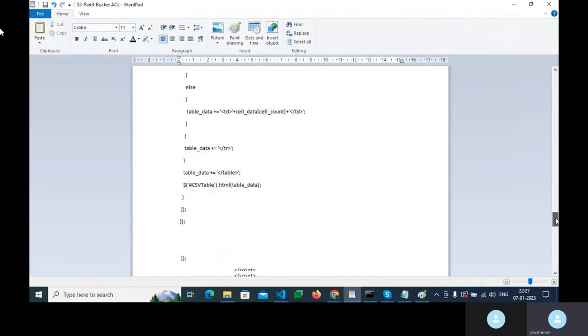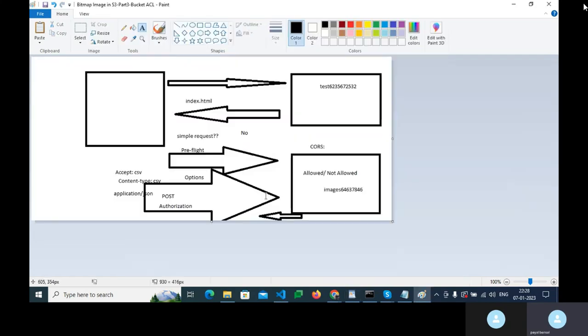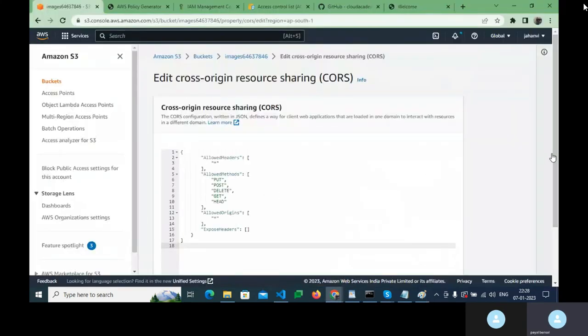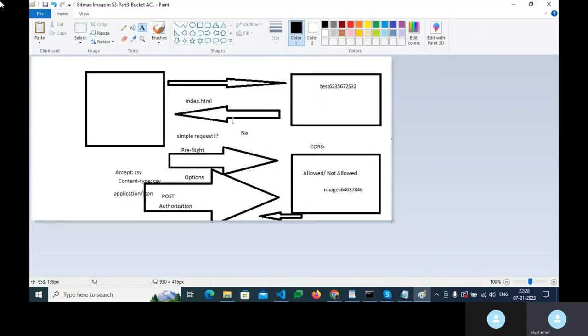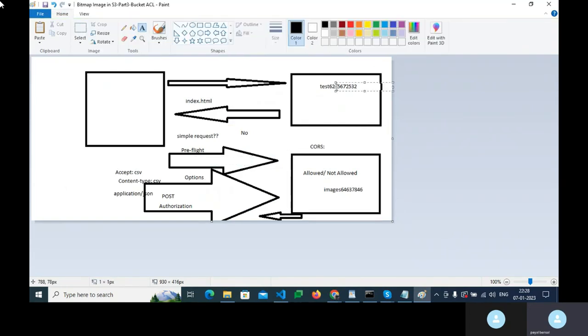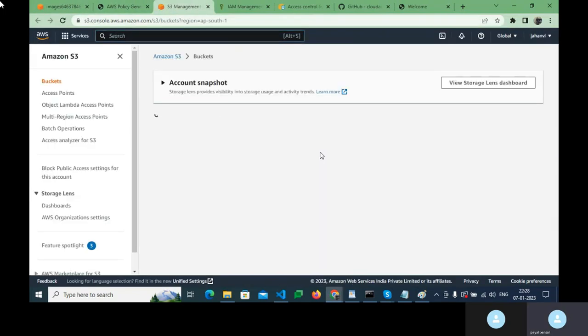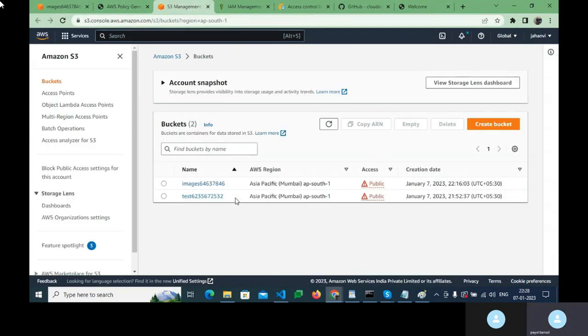I have a specific CSV like this CORS JSON. We'll modify it, okay? So this is the default policy I have for CORS. It is a JSON which talks about what the allowed headers should be. Currently I'm not blocking any header. For allowed origin, I'm saying any request coming from any origin. We have seen that when the browser makes a request, it says the request is coming from this origin. So I'll go back to my buckets and specify that the request is coming from this origin,